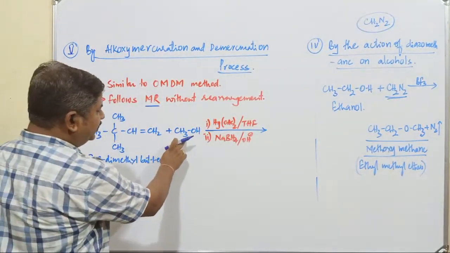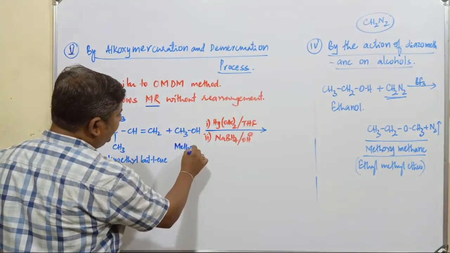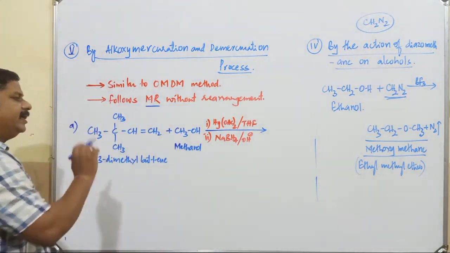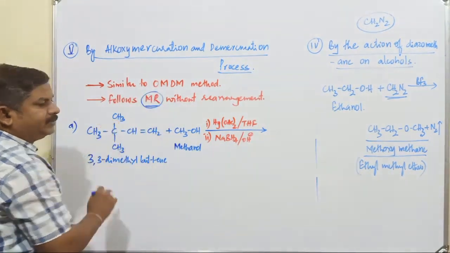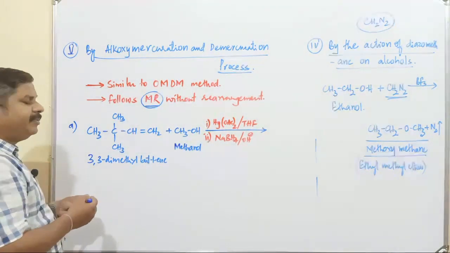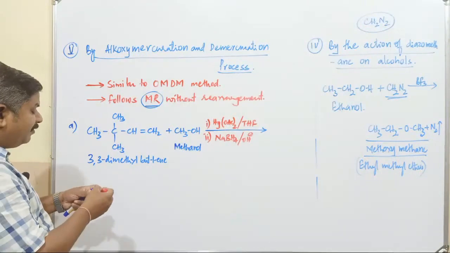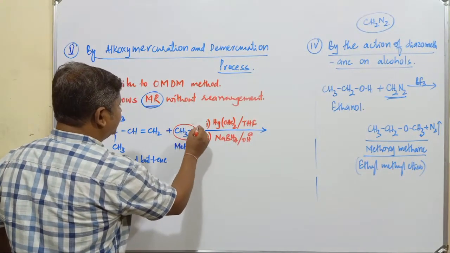Now here, this molecule of alcohol is known as methanol. This methanol is added to the respective alkene. This is taking place according to Markovnikov's rule. You know the Markovnikov's rule. The negative part goes to the carbon having lesser number of hydrogen atoms. Which is the negative part here? CH3O-. This is H+.